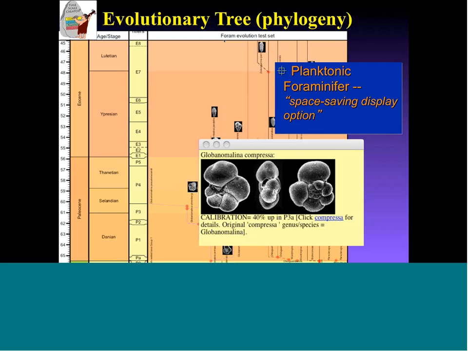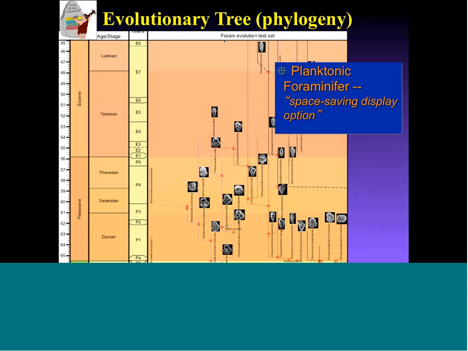Normally, we use different styles of lines to represent error. In this particular evolutionary tree that's being displayed right now, we can see there are different styles of lines connecting each of the forams. For instance, this one here is a dashed line, while over here, this is a dotted line. How thick your line is, whether it's a solid line like this, if it had been